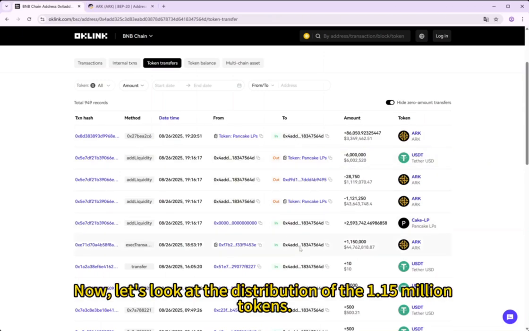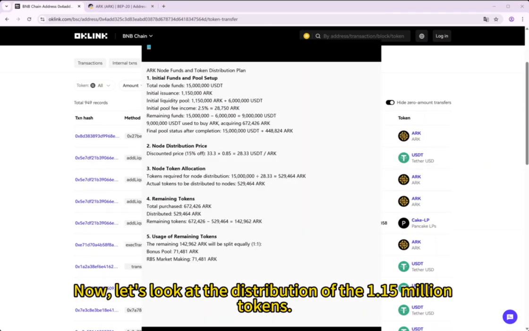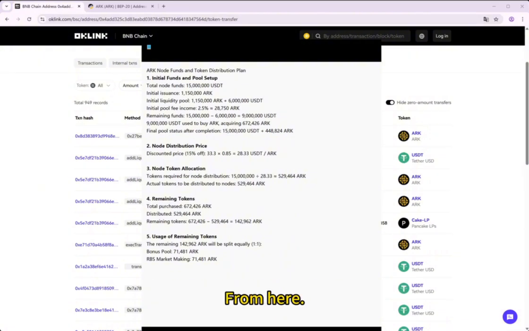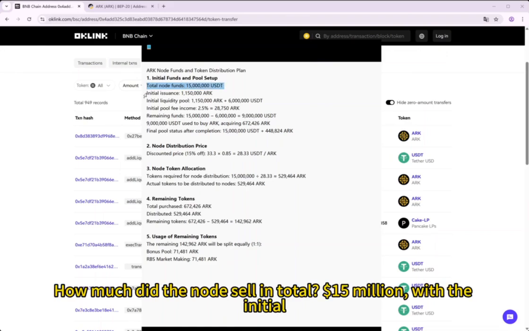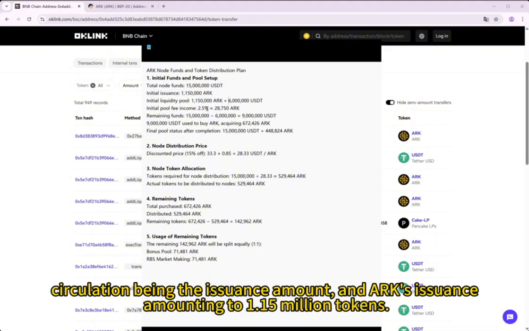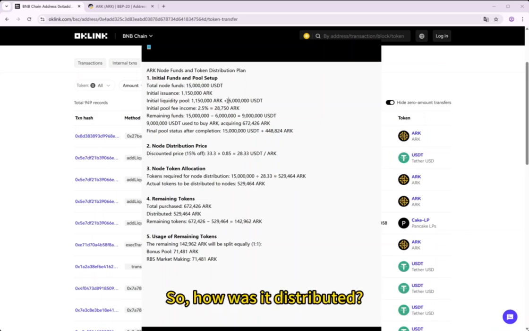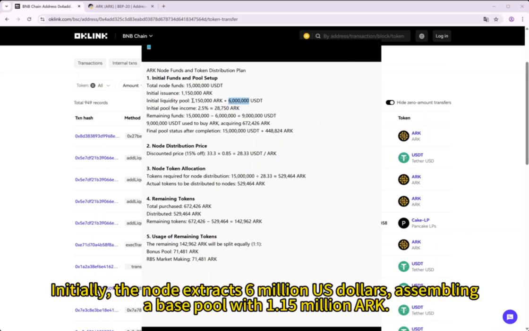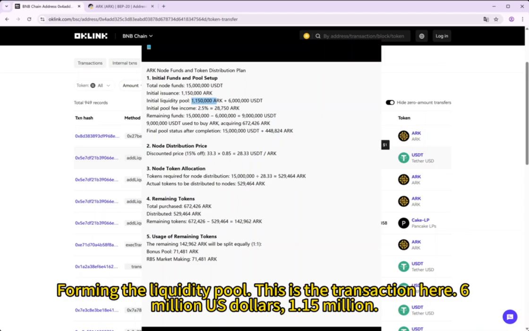Now, let's look at the distribution of the 1.15 million tokens. From here, how much did the node sell in total? $15 million, with the initial circulation being the issuance amount and ARK's issuance amounting to 1.15 million tokens. So, how was it distributed? Initially, the node extracts $6 million, assembling a base pool with 1.15 million ARK, forming the liquidity pool. This is the transaction here, $6 million,